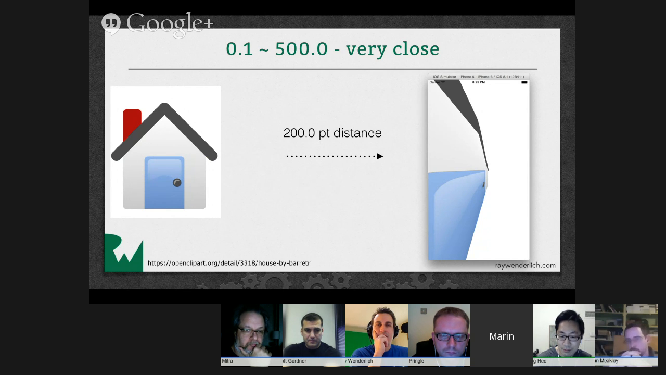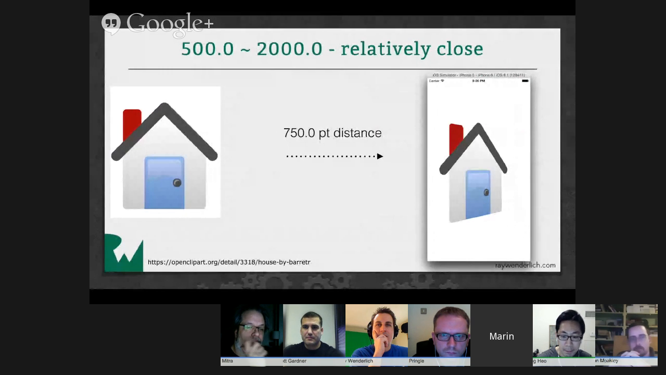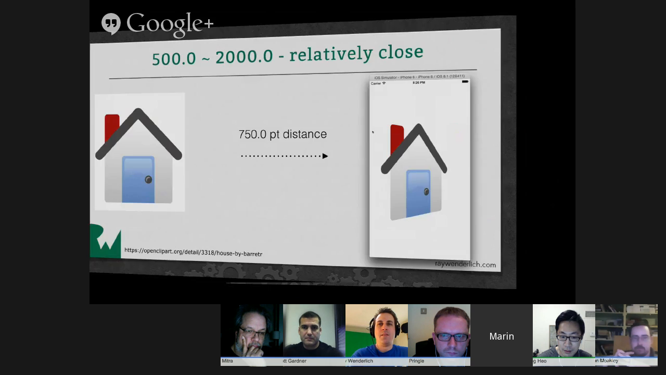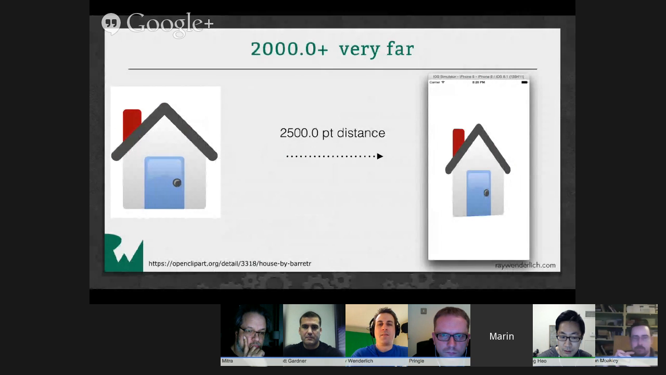it's too close. And if you give a try to values in between, let's say 500 till 2000, that's a relatively close distance to the camera. So you get, usually for UI elements, for your applications, a nice perspective. So things look nice. And so if you try greater values, like over 2000, for example,